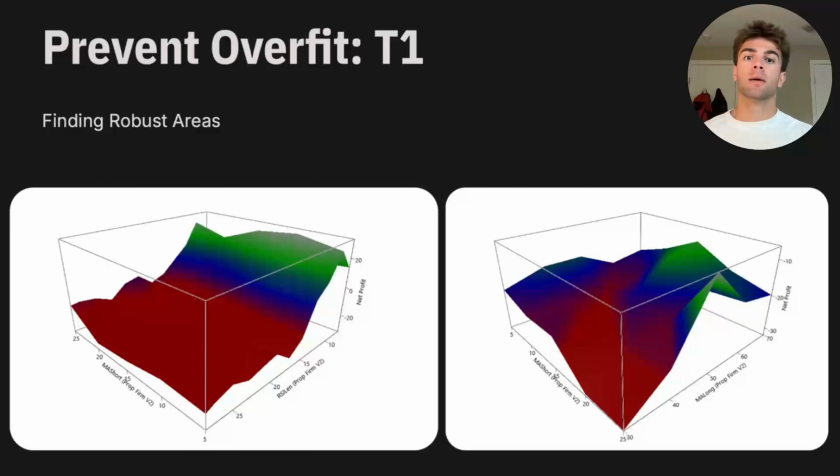So like I mentioned, overfitting to the sample data has been the biggest problem that I've been running into so far. Looking to optimize my strategies, and I end up overfitting to the sample data, and it feels good because net profit goes way up, but that's because I'm essentially cheating. So I came up with 5 ways to hopefully prevent this. The first way I heard about is finding robust areas in the 3D graphs of net profit. So if you were to have a 2D graph and pick one point with the highest net profit, that would 100% be backfitting. And picking a robust area is still backfitting, just less so.